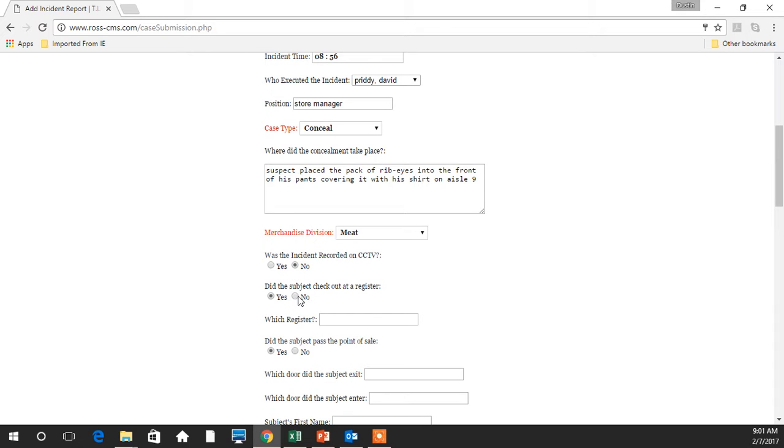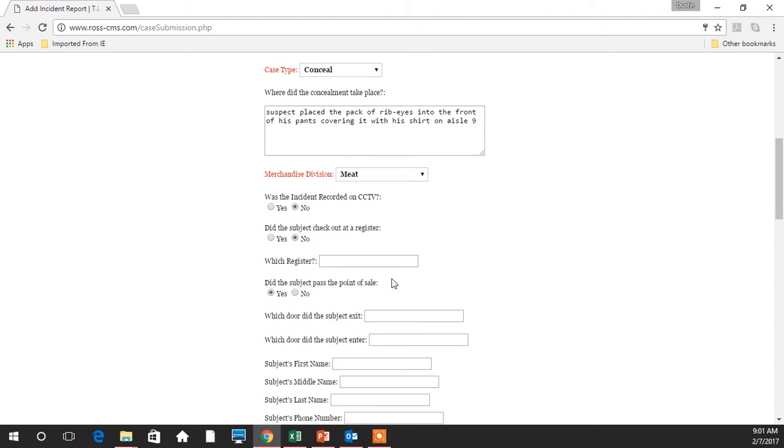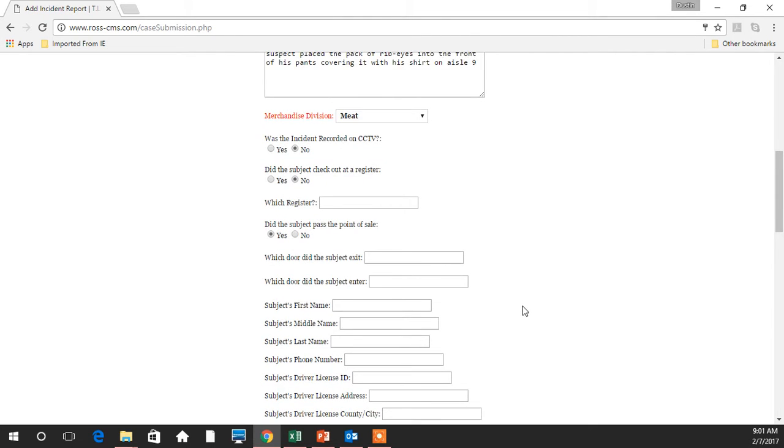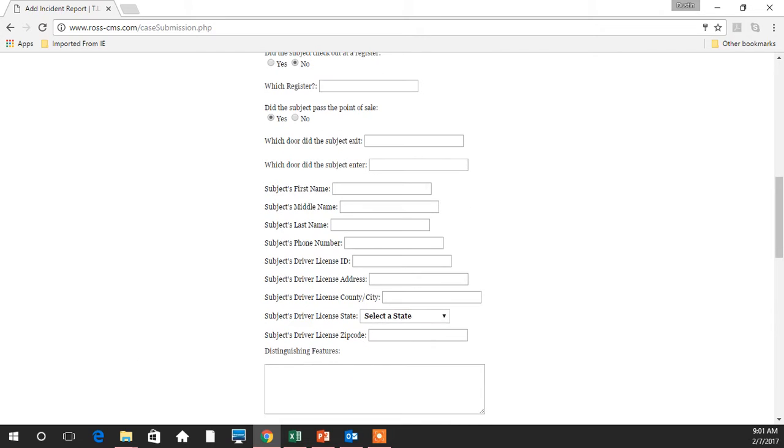Did the suspect check out a register? Yes or no. If it's a concealment, they may have. If it's not a concealment, they may not have. If they did, what register? And then we want to know what exit did the suspect leave out of? And we ask that because how they entered and how they exited plays a very critical role in determining additional